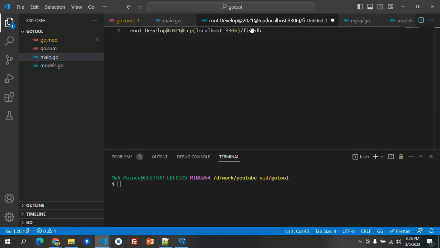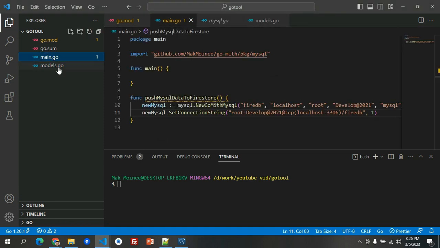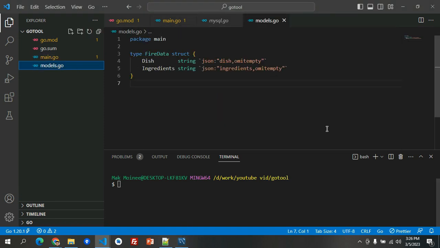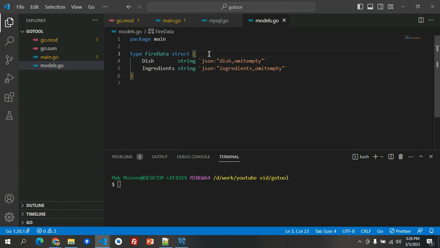So I'll check it first if I did it correctly. Yeah, it should be good now. So now we are done with setting the connection string, and we'll go back here at the models. Upon checking, we need to specify all the fields here because it will have an error when we try to fetch from MySQL. So let's have the